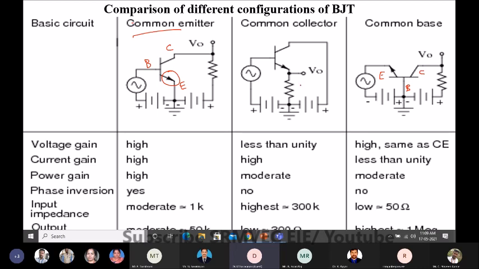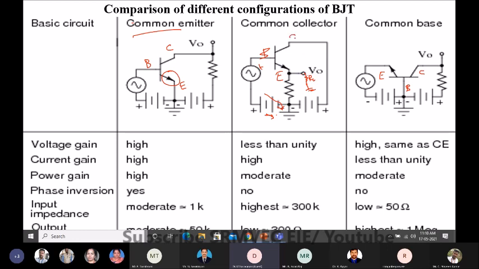signal. Okay, so you can see the input is provided between base and ground. Okay, so with respect to AC alone, if you see this DC source, you can short circuit. Okay, so with respect to ground, this is positive and this is connected to ground. Okay, so base is the input. Now coming to your emitter, we are taking it with respect to ground. Okay, output is taken from emitter, there is a load resistor, and we get the output. Okay, so with respect to emitter, we are getting the output.